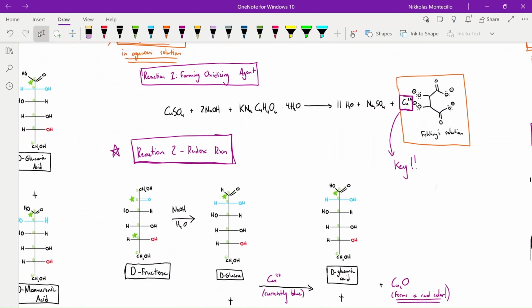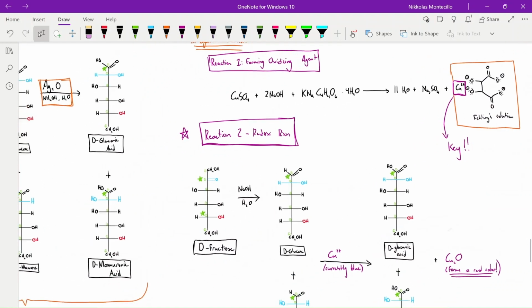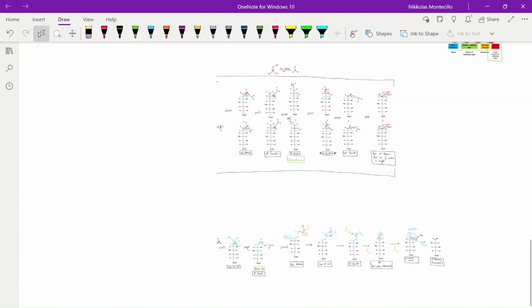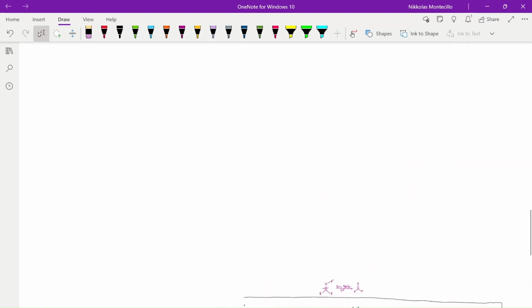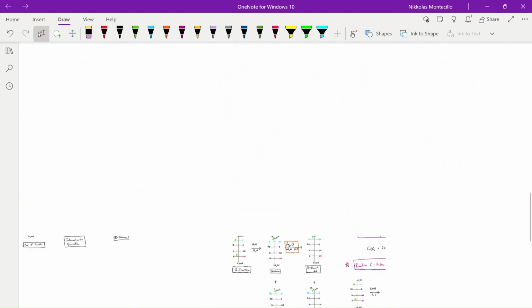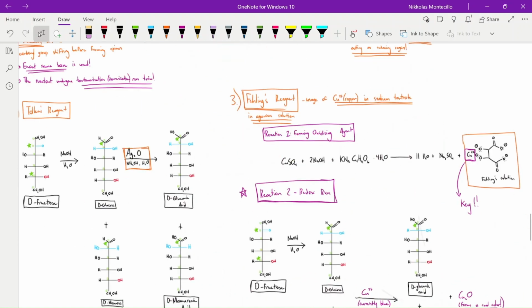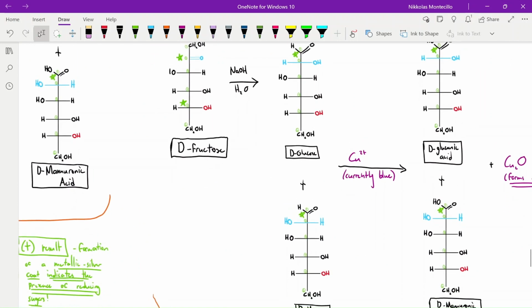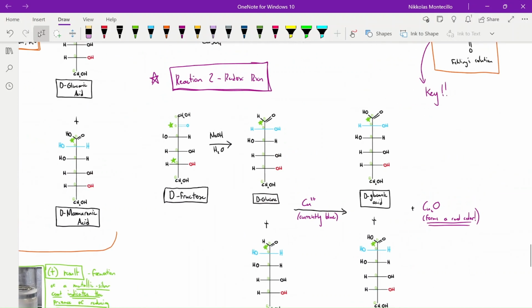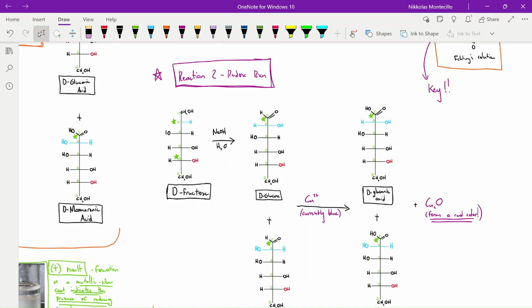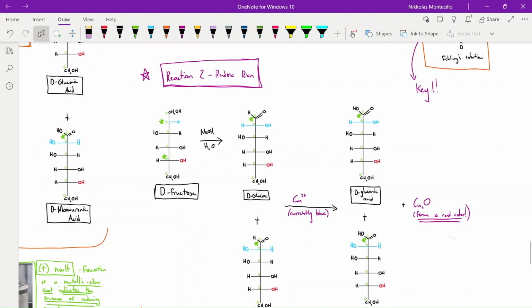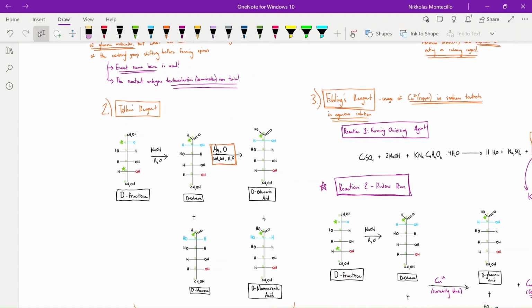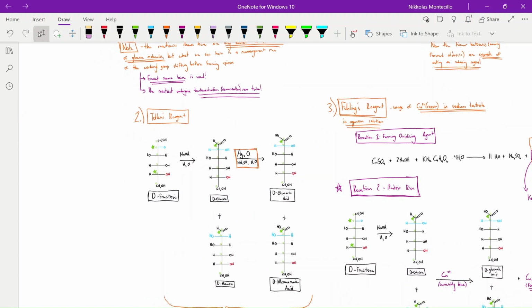So once the Fehling reagent is created, we perform the redox reaction. Okay. So with this redox reaction, we see that D-fructose converted to D-glucose forms two epimers, D-glucose and D-mannose. And then when it reacts in the presence of copper, we're left with D-gluconic and D-mannonic acid. So the same products in the end, just like